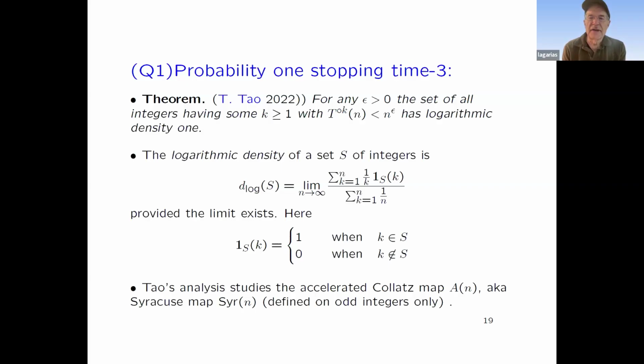So natural density 1 implies logarithmic density 1, but not vice versa. And the analysis uses the accelerated Collatz map, and it uses some three-adic things also. I'd like to say, next slide,